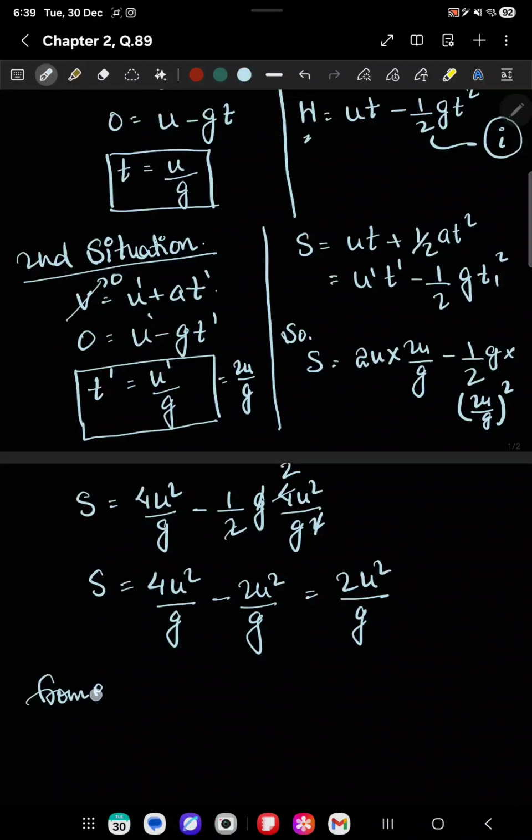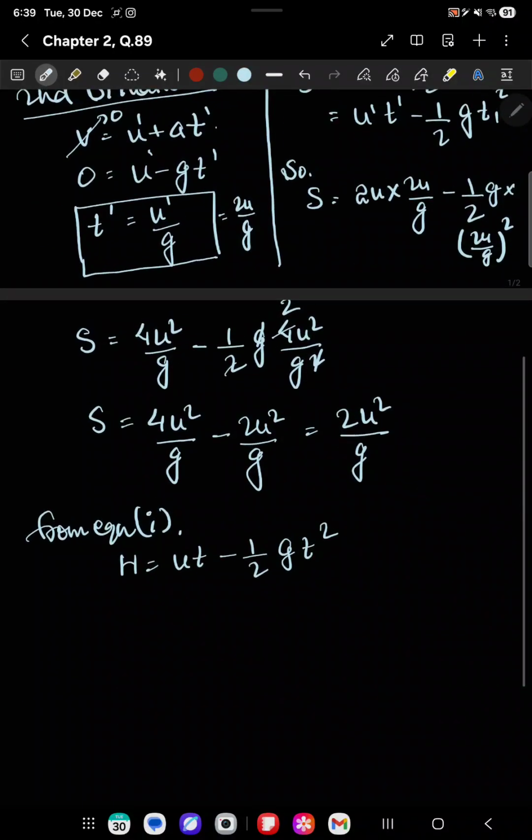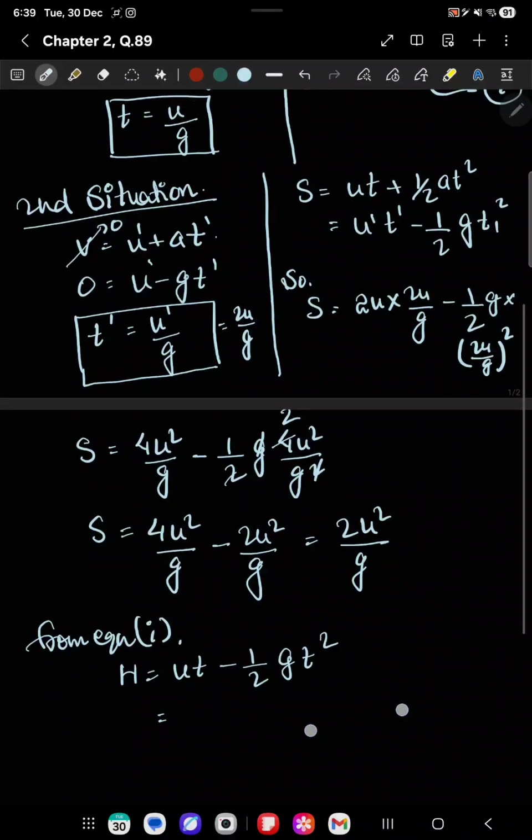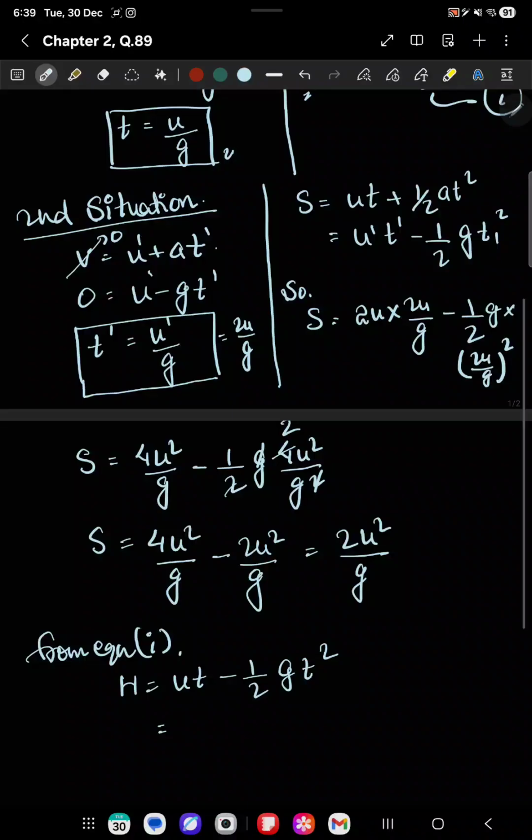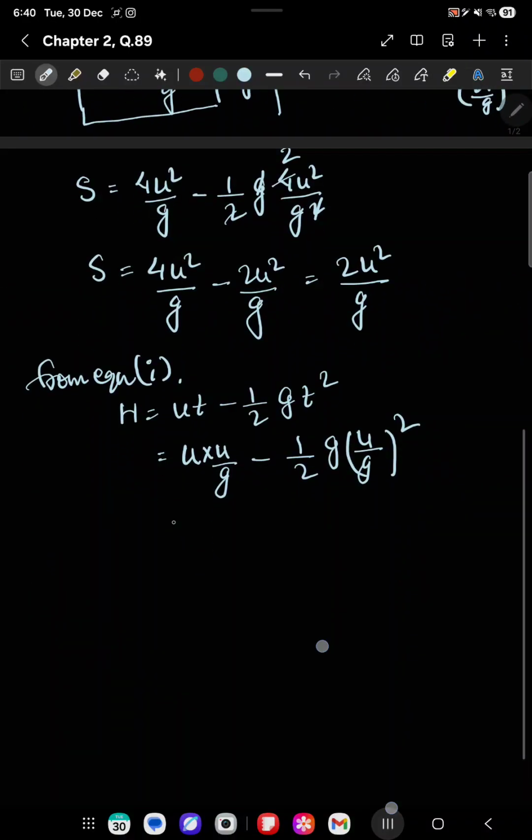From equation 1, which is h equals ut minus half gt square, if we put the value of t from here, we get u into u upon g minus half g into u upon g whole square. So this will give us a value of u square upon g